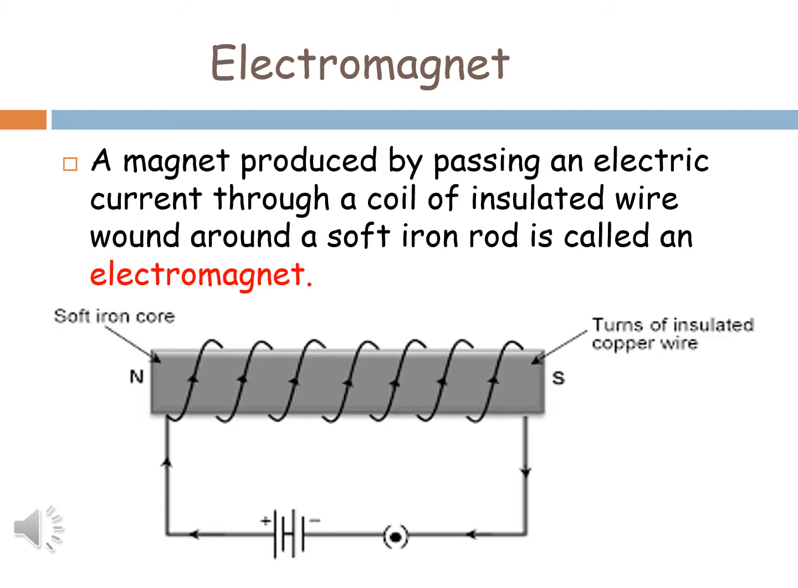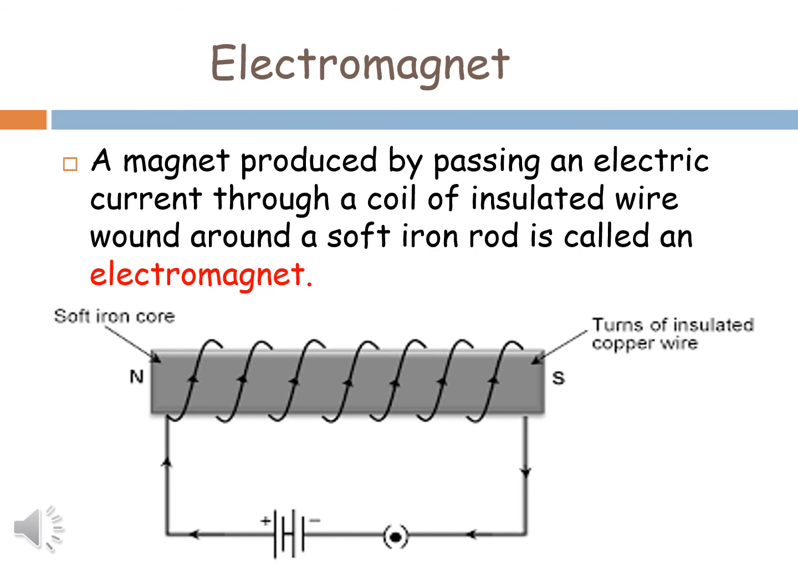Now next we will discuss the electromagnet. A magnet produced by passing an electric current through a coil of insulated wire wound around a soft iron rod is called an electromagnet. As we have already discussed, a solenoid is a cylindrical coil of wire. When we insert a soft iron core inside the solenoid, the magnetic power of